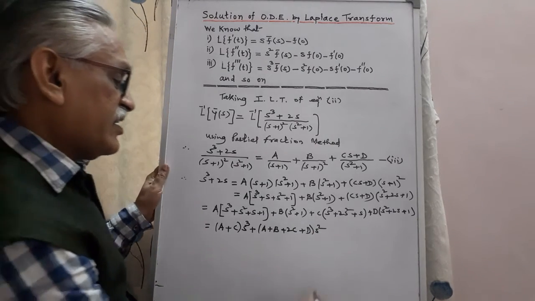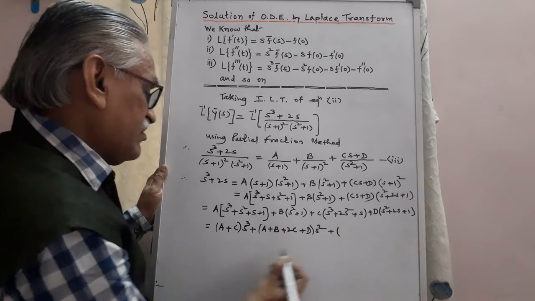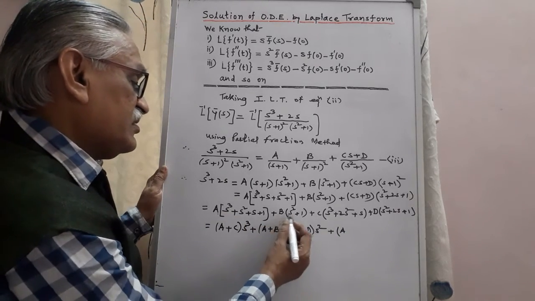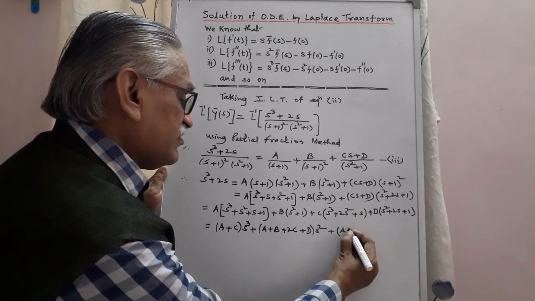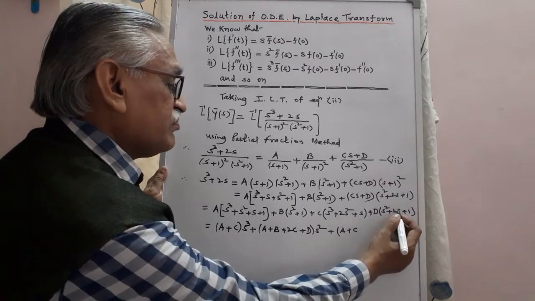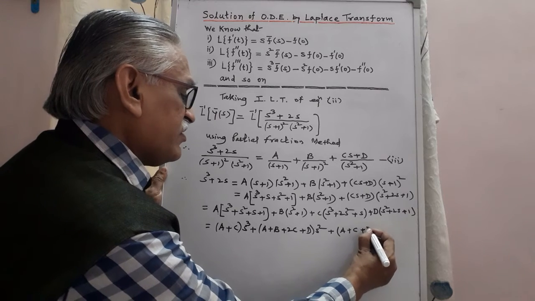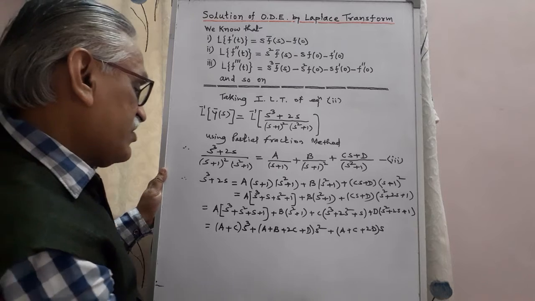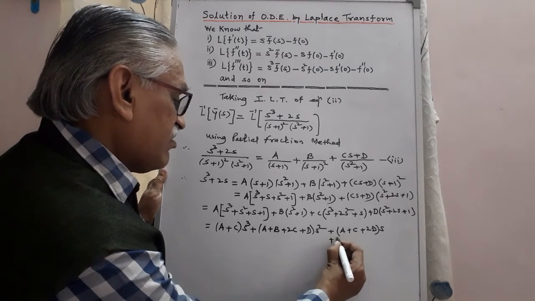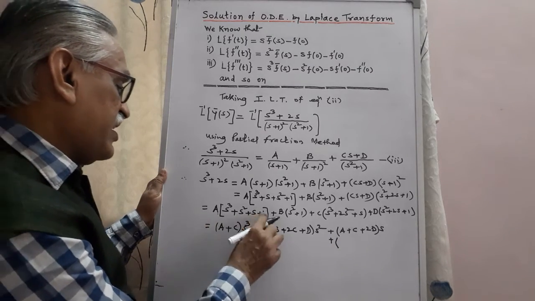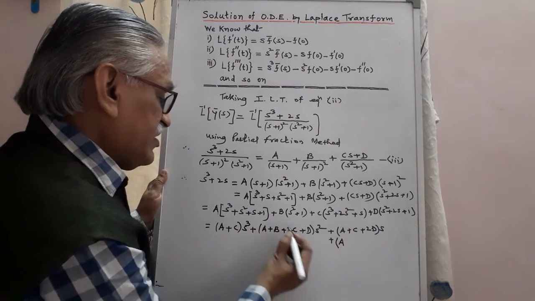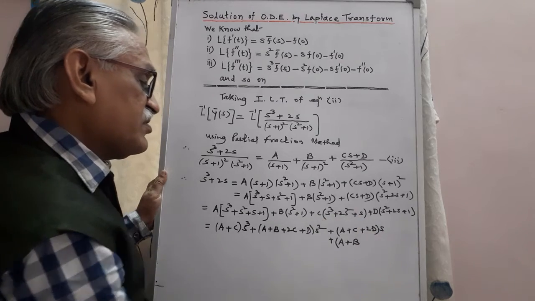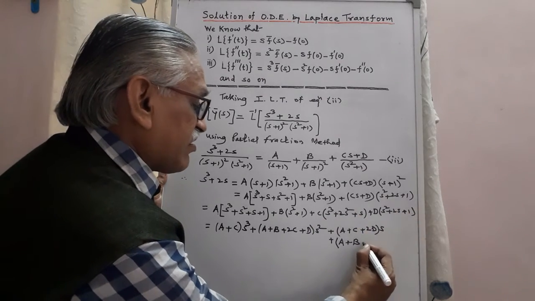Okay, then collecting the terms of s, a into s plus cs plus 2ds, and plus constant term. Constant term here is a plus b plus d,